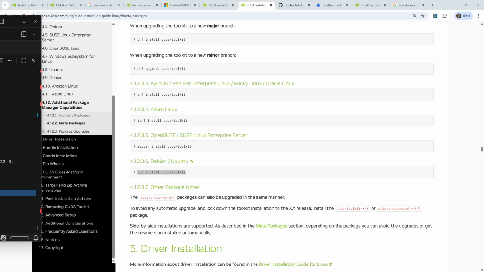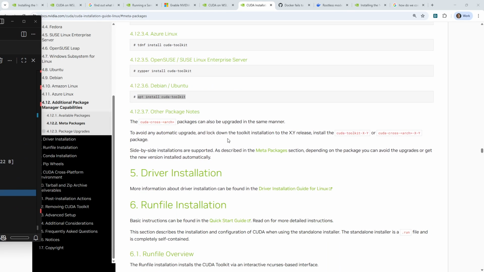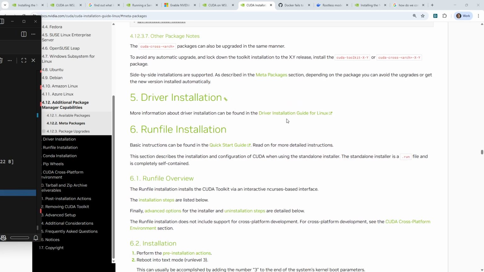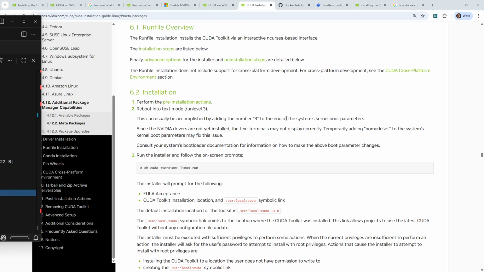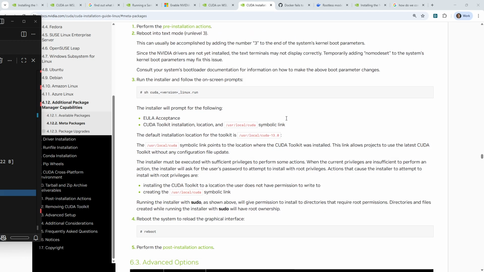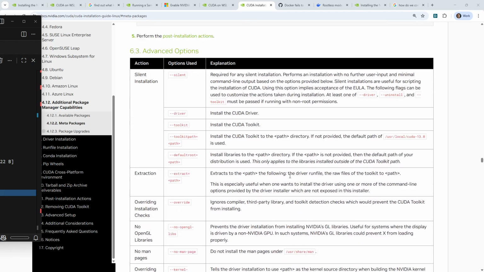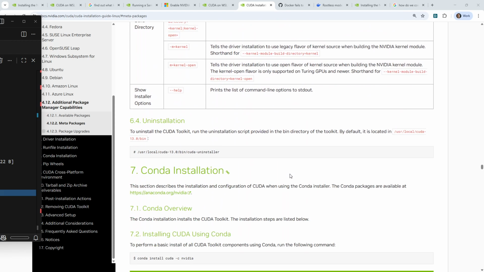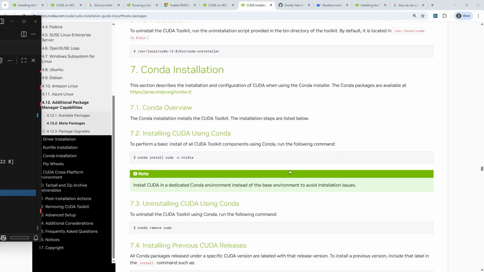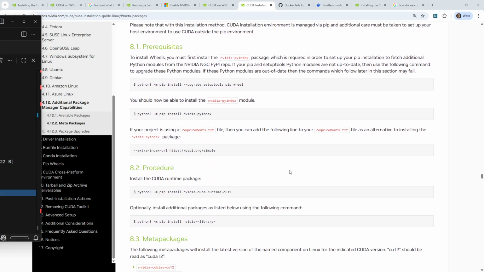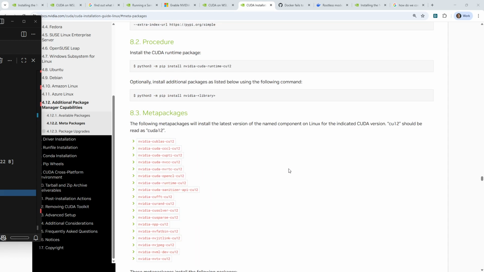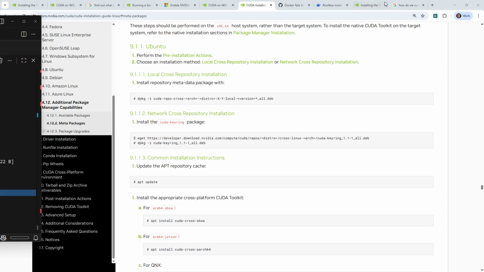So here, to avoid automatic upgrade and lock down the toolkit to the next version, that's probably why we're installing that specific version. Driver installation, basic instructions, installation, perform the pre-installation actions. This can be accomplished with number 3, consult your system, reboot. CUDA uninstaller, no. Oh my goodness, this is very hard to get working. So what I'll do,